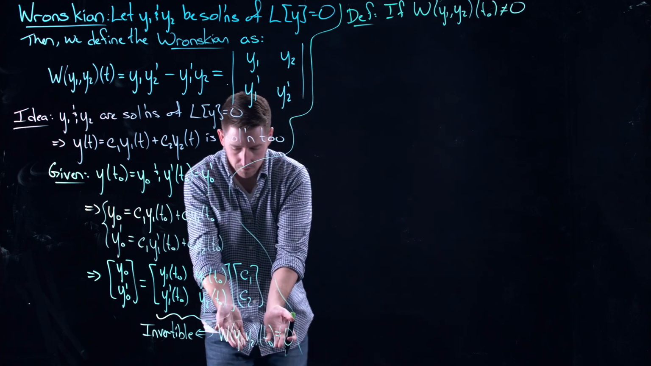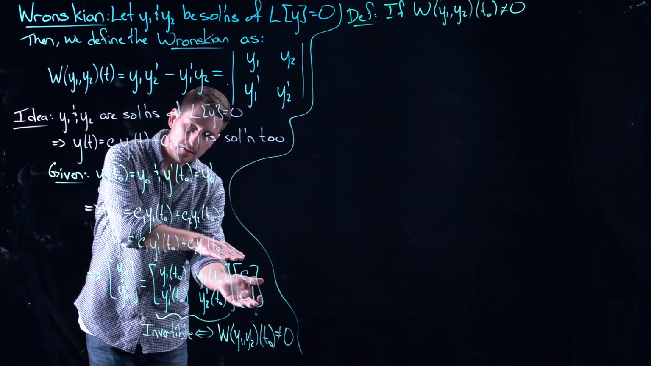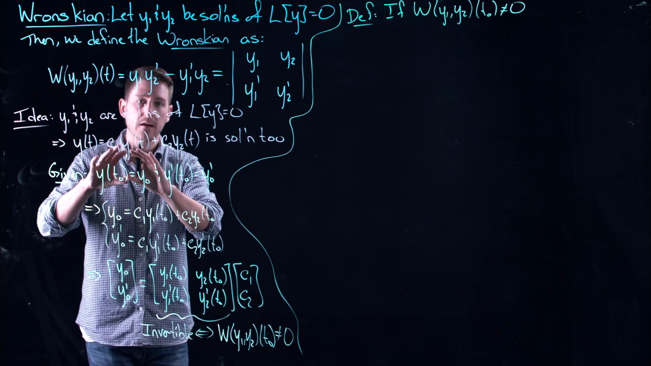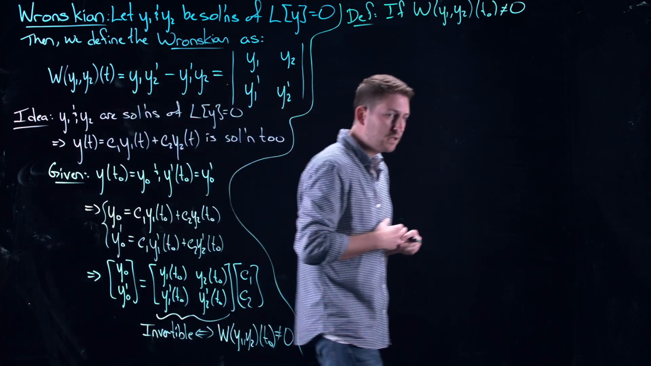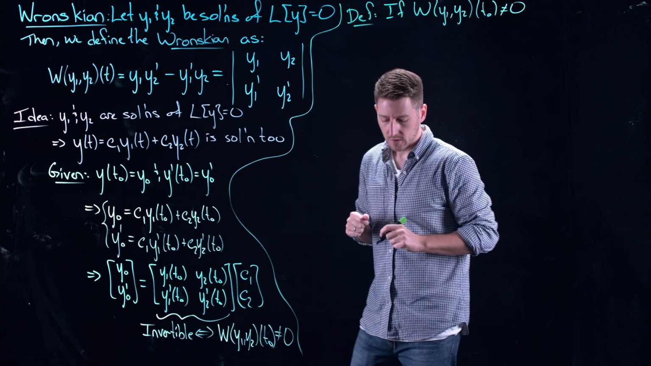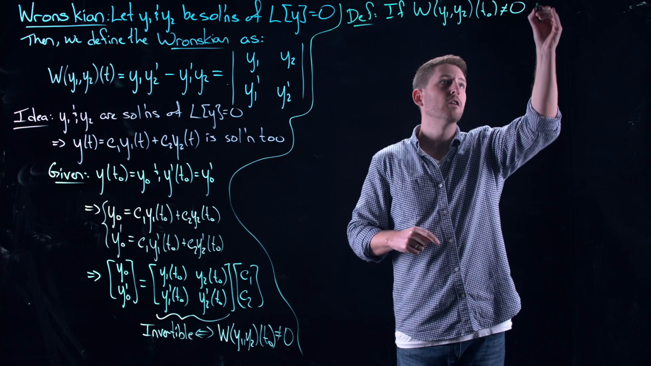That means that if it's not equal to 0, this matrix is invertible. If this matrix is invertible, it means that I can find C1 and C2 to fit my initial conditions. That means that for my differential equation, no matter what the initial conditions are, I can always find a solution that fits those initial conditions. Well, if this thing is non-zero for some